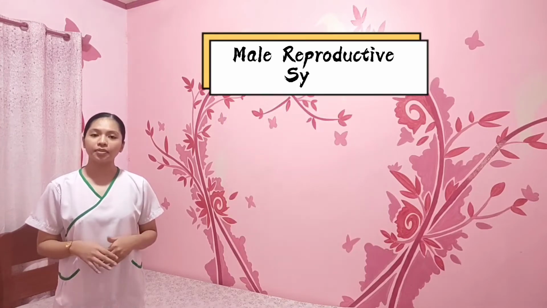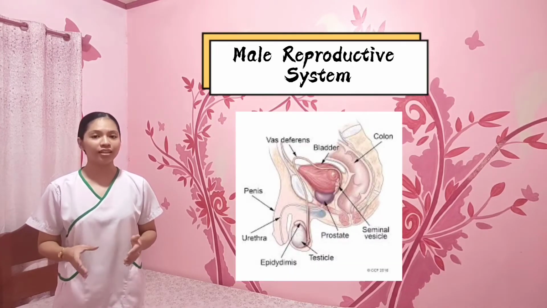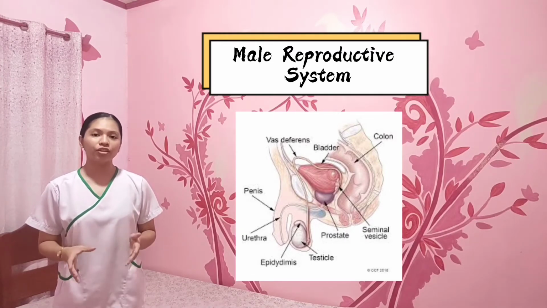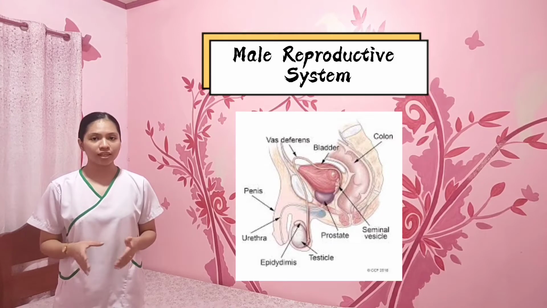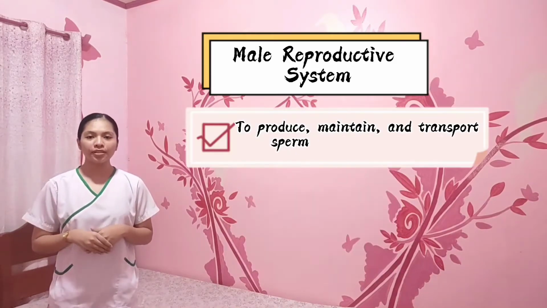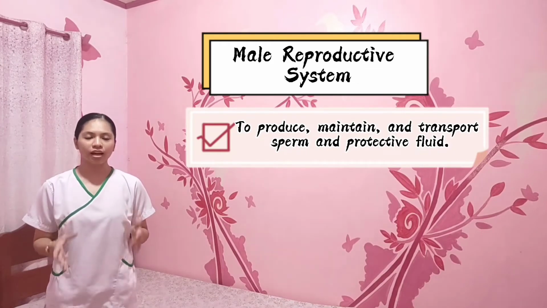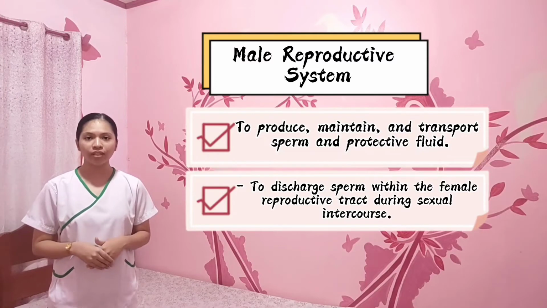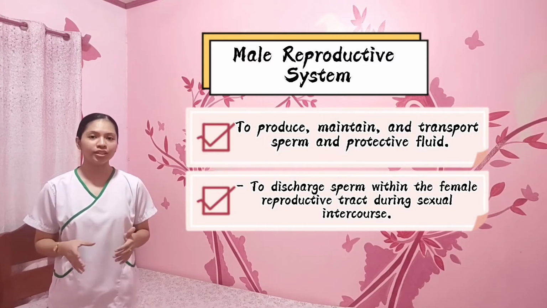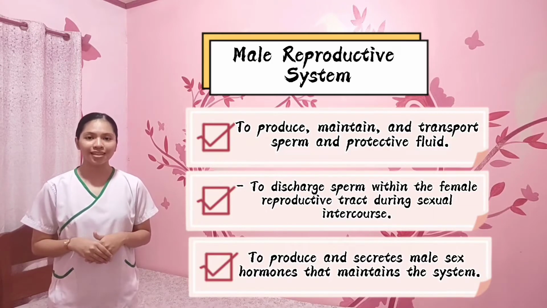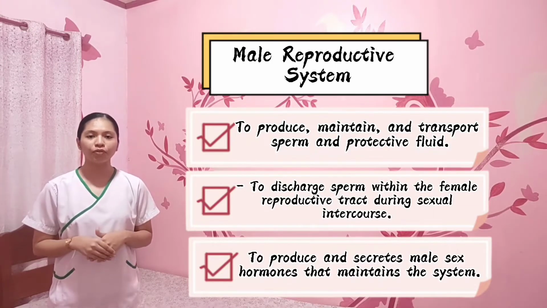The male reproductive system contains the external genitals such as the penis, testes, and the scrotum, and the internal parts including the prostate gland, vas deferens, and the urethra. Its purpose is to produce, maintain, and transport sperm and protective fluid, to discharge sperm within the female reproductive tract during sexual intercourse, to produce and secrete male sex hormones that are responsible for maintaining the male reproductive system,